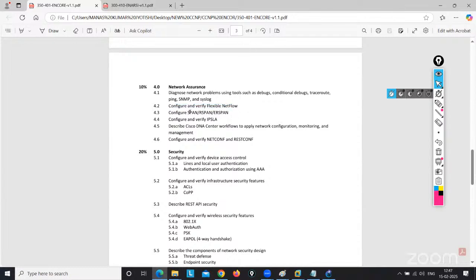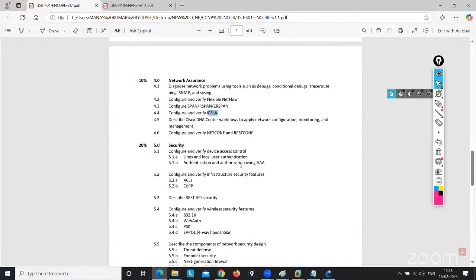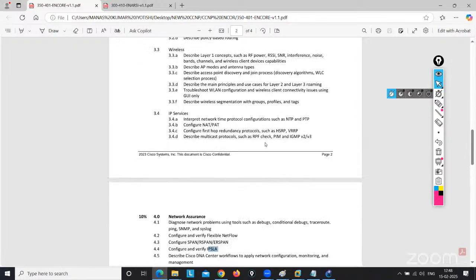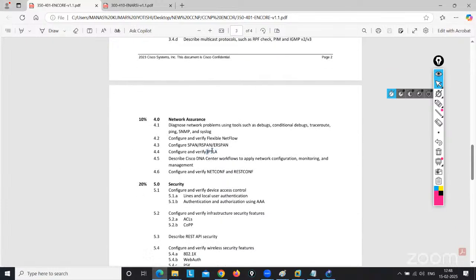Okay, SPAN, RSPAN is covered in the CCNA part, but I will explain how you do the port mirroring for SPAN, for remote SPAN, and the analyzer. These things I will let you know. Okay, then the IP SLA. Has anyone heard about the IP SLA part? Because I will do the lab on the HSRP part, where I need to do the IP SLA. So has anyone heard about the IP SLA part?